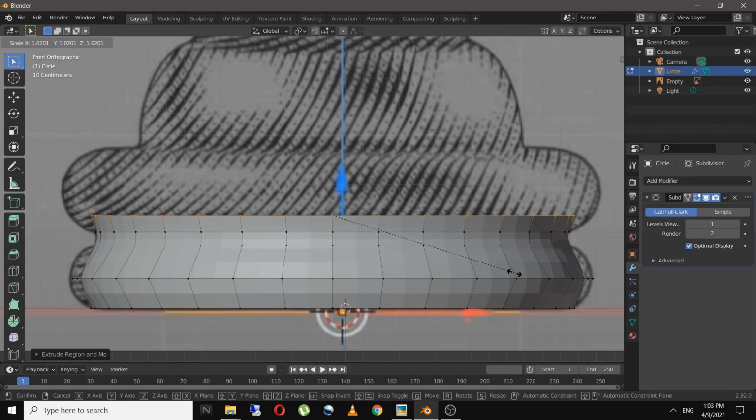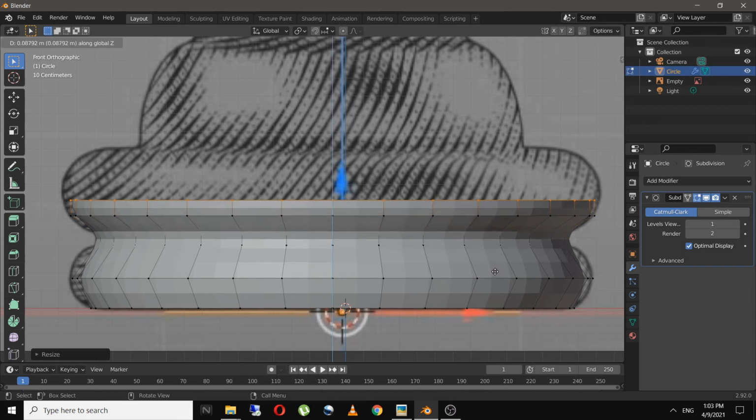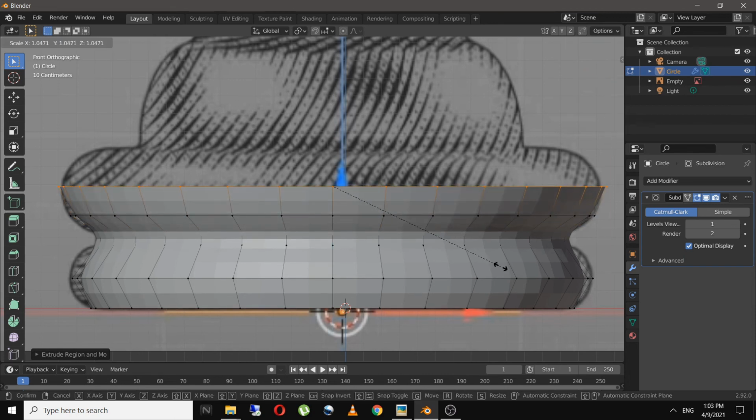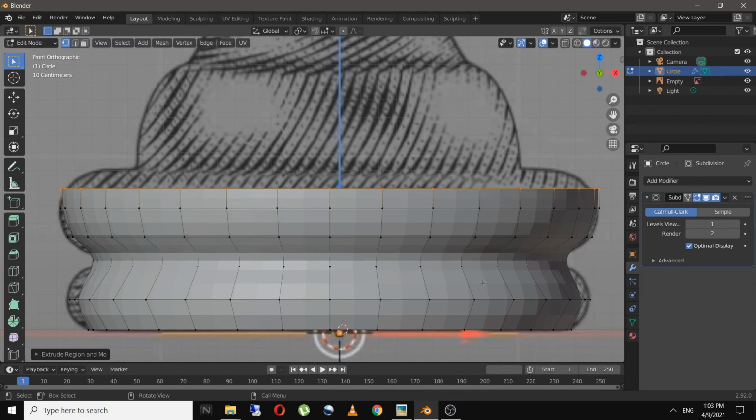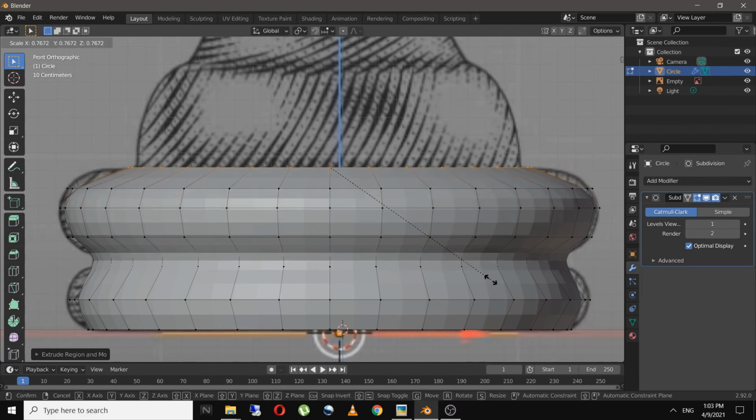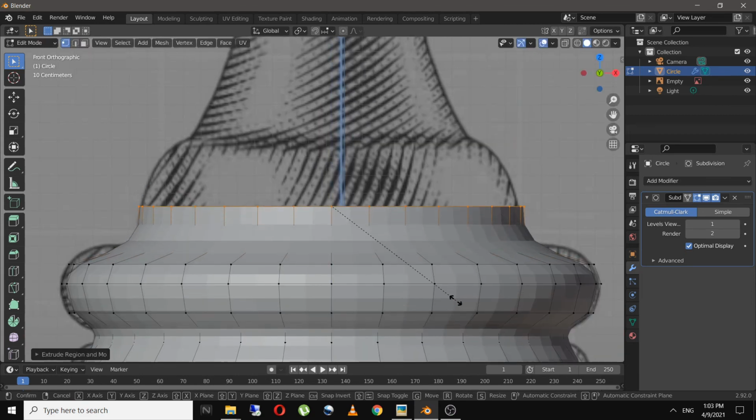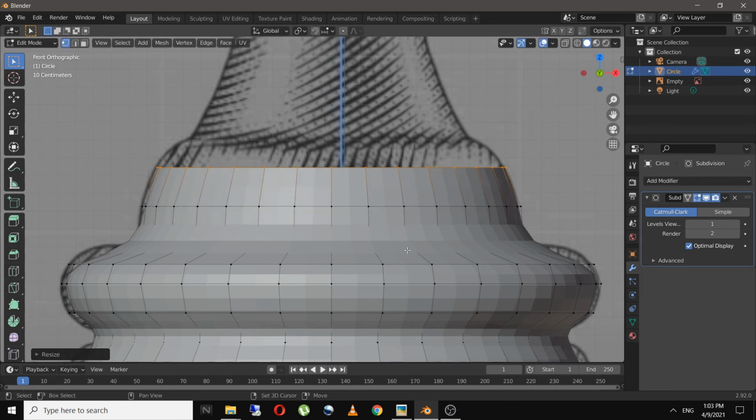As you can see, when we are extruding our circle on the Z axis, the mesh is automatically forming. That's because we have already applied the subdivision surface modifier, and I will now repeat this for the complete mesh till the top.